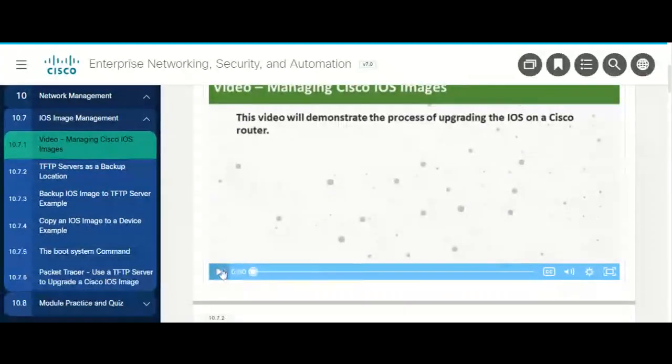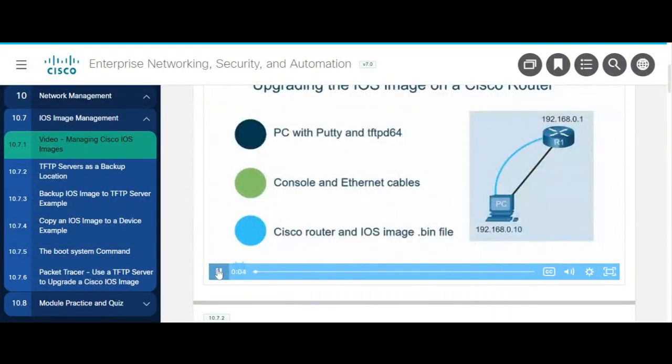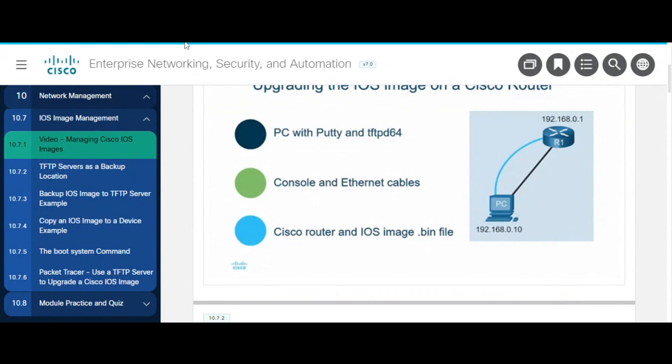To upgrade the IOS image on a Cisco router, you'll need the following items: a computer or PC with a terminal emulation program like PuTTY,